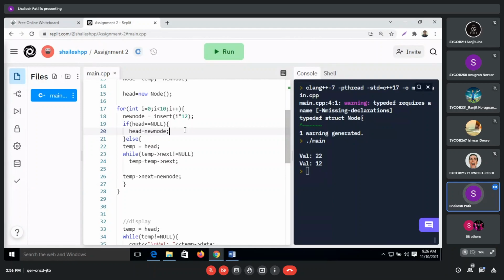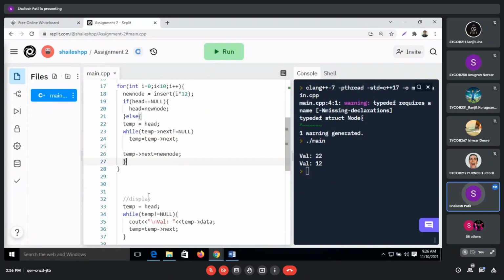If head is equal to null, the new node will be head. Else temp is equal to head, while temp next is not equal to null, we make temp equal to temp next, and temp next is equal to new node. So this will work now, and once all the nodes are added, we'll display them.